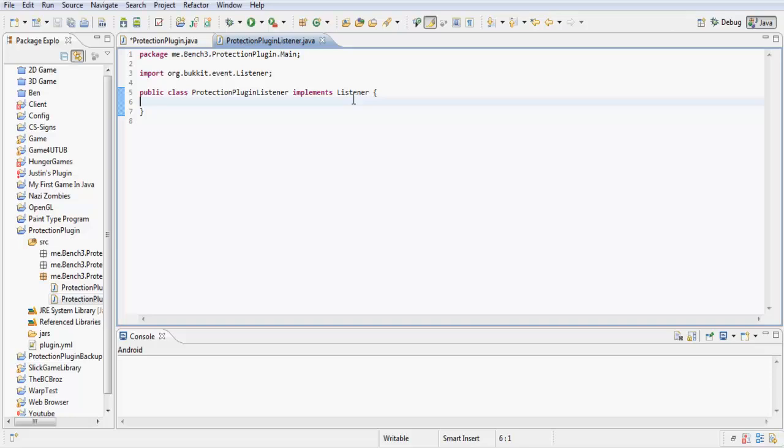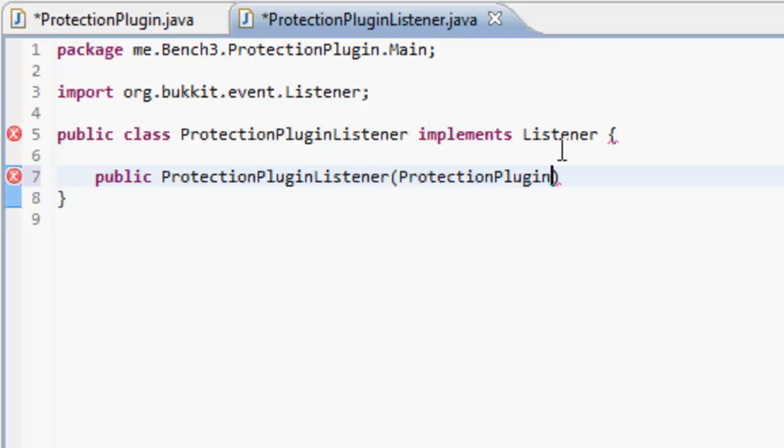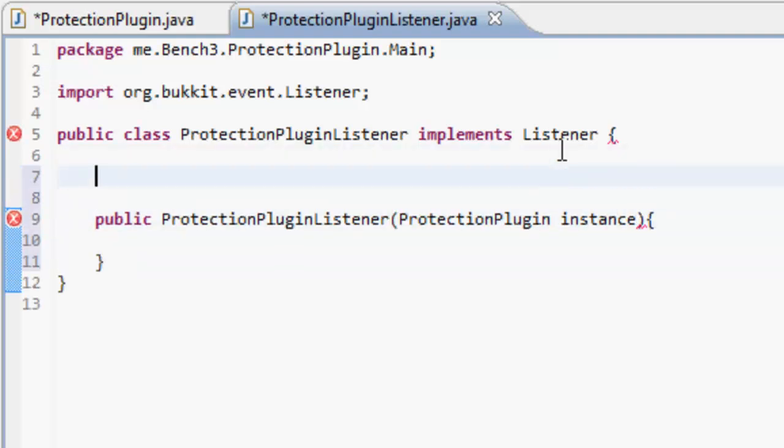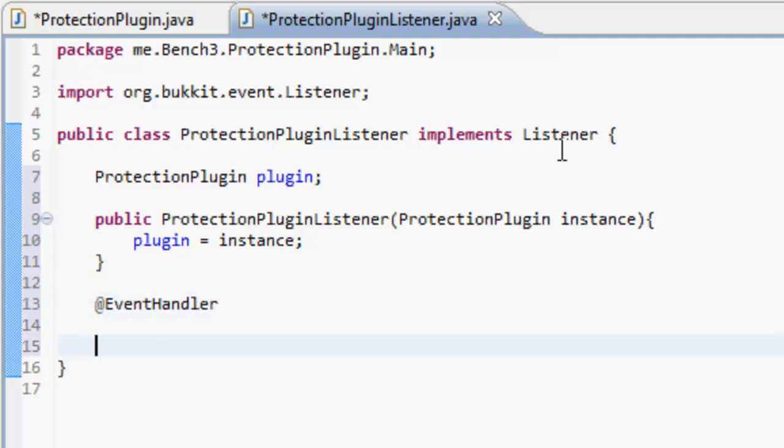import Listener, public ProtectionPluginListener, ProtectionPlugin instance, and we want to do ProtectionPlugin plugin equals instance. Okay, so let's add some events. So at EventHandler,